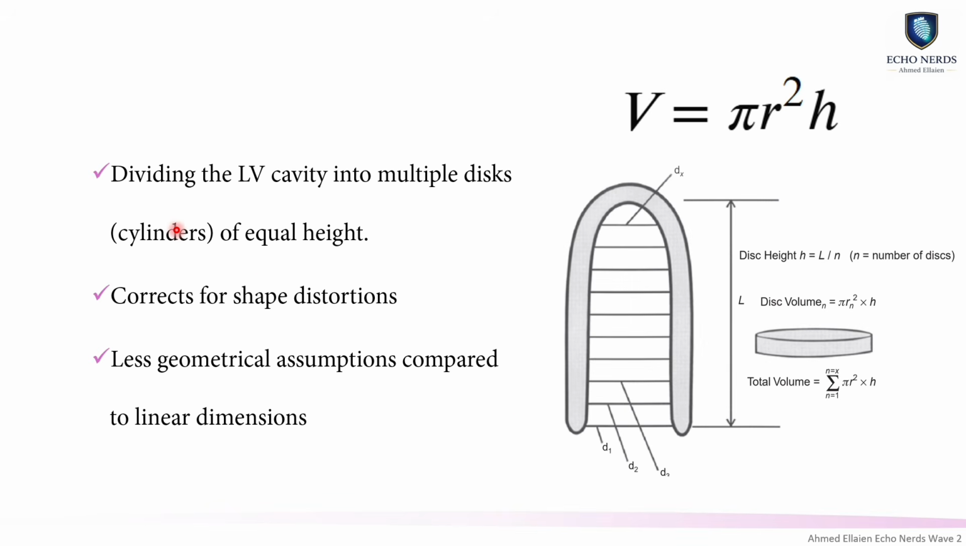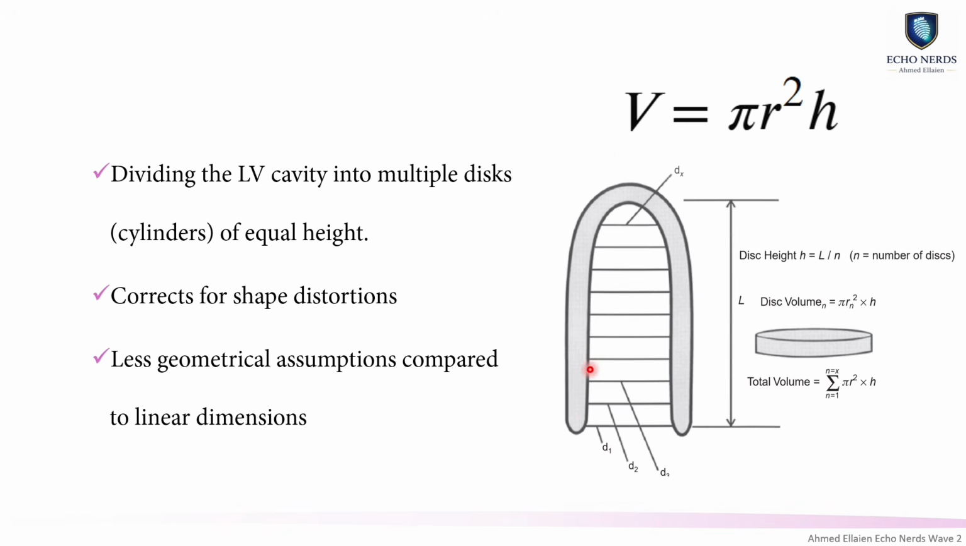And here is the concept of this Simpson rule. We divide the LV cavity into multiple disks like this of equal height. This can be done by the machine. When we assess the vertical dimension of the LV, the machine will automatically divide the LV into equal height disks. And by tracing